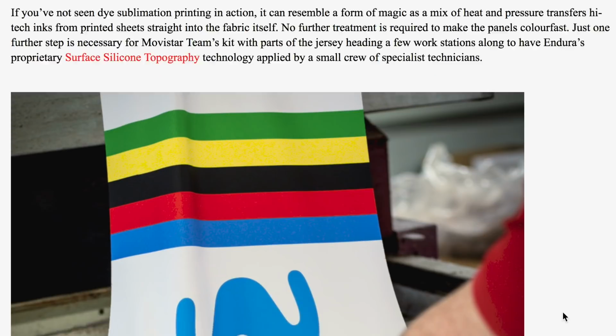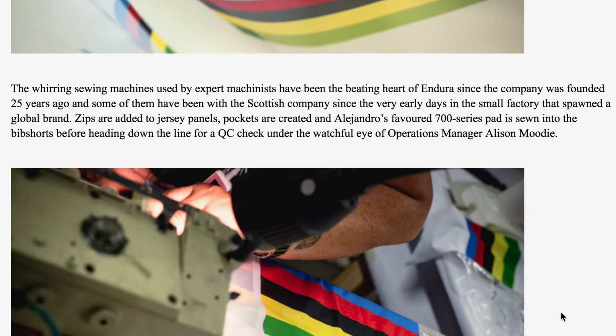It's not that straightforward a process. I've seen the protocols of that in the past when I worked for a clothing manufacturer, and yeah, it's pretty strict. Now, what's interesting about this is that it can be done super fast thanks to dye sublimation printing, which,